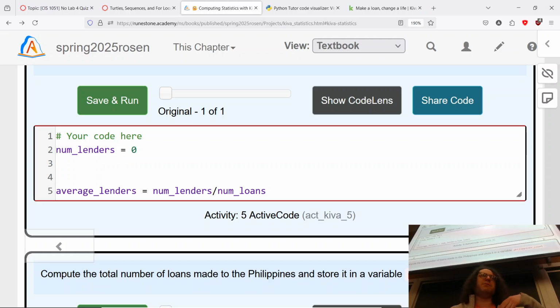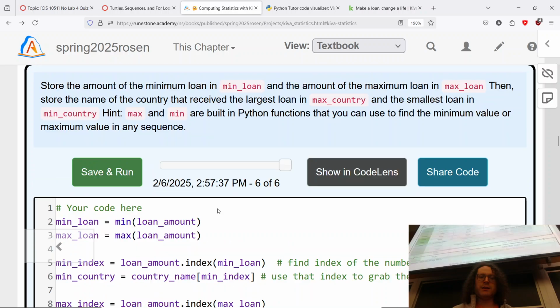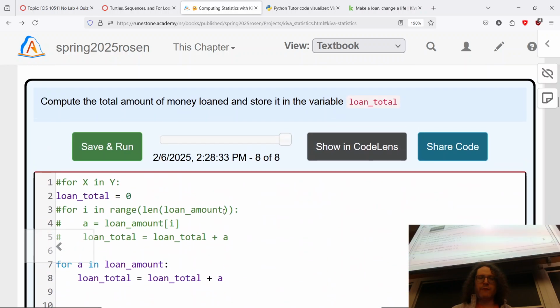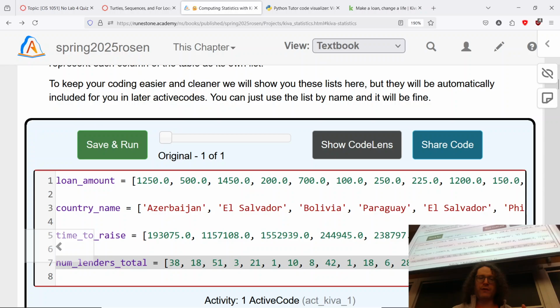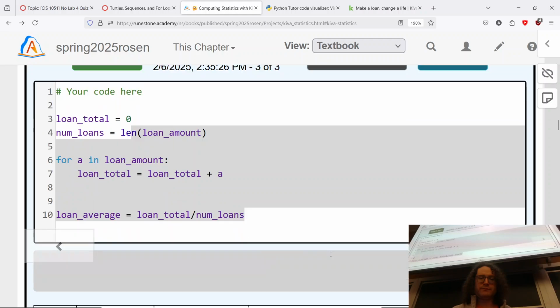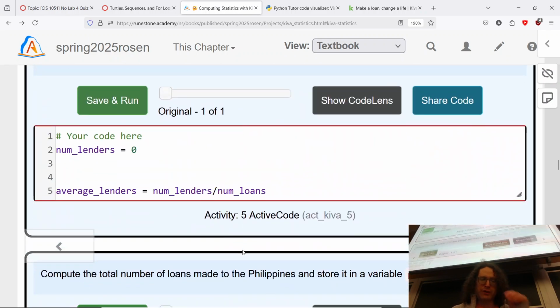I'm going to need num lenders. I can't just simply pull that out of the hat. If I want to find out the total number of lenders, I need to iterate over this list over here: 38, 18, 3, sorry, 51, 3. Go through and iterate over this and add that all up. For the total number of loans,